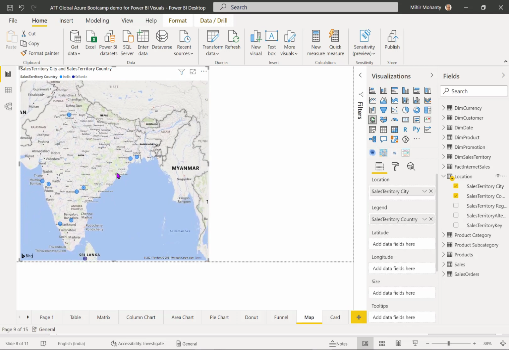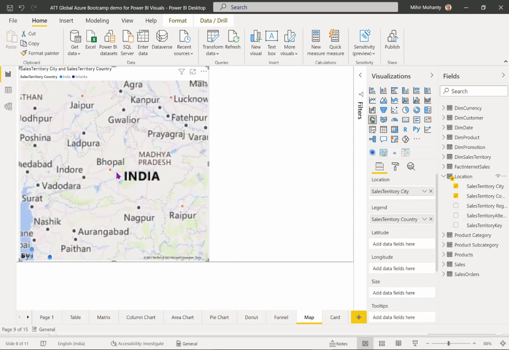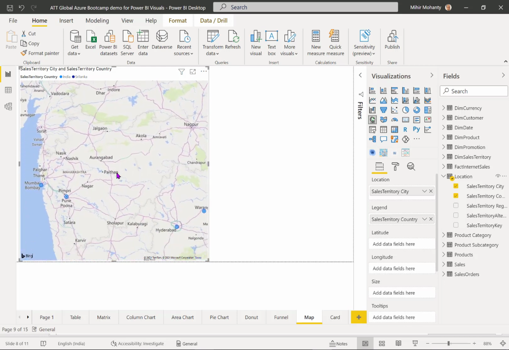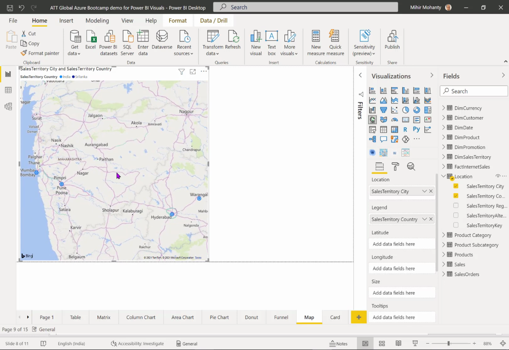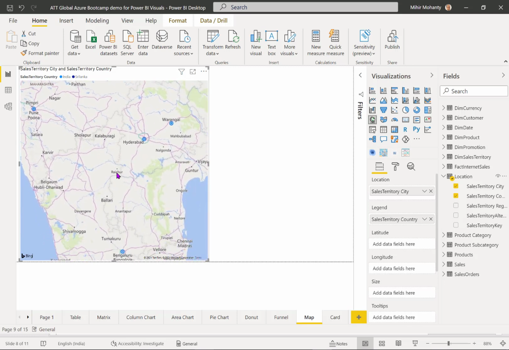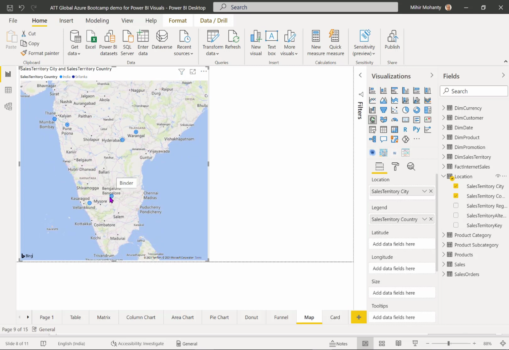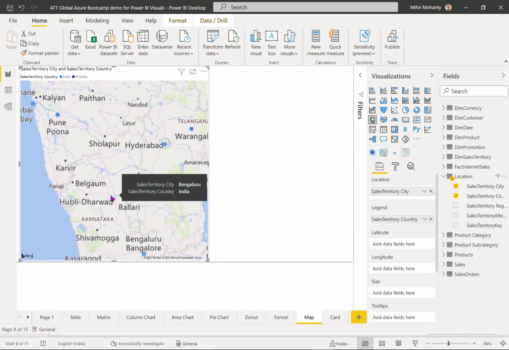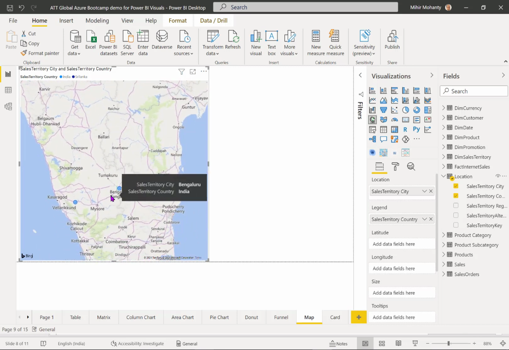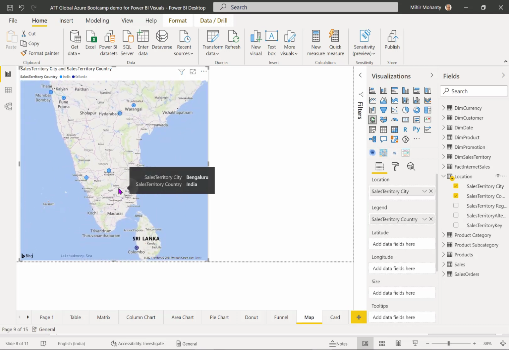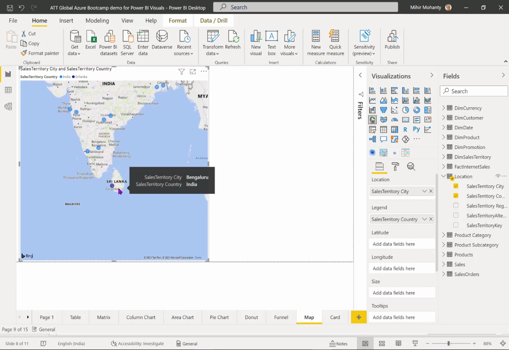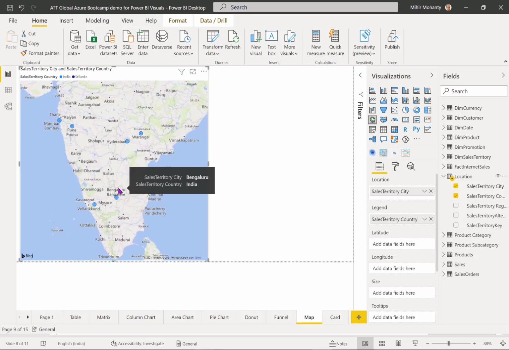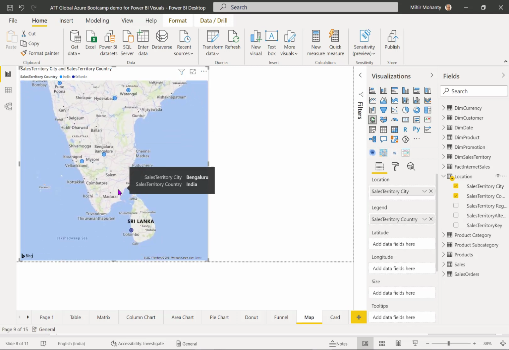Now, any physical location you may like to represent, whether it's within India or outside India, you can look into those data points and see the representation of data points in a detailed way by putting this into a map format. If you wish to understand how it works, whether your data sets are correct or not, you can see I have plotted some data in India and Sri Lanka.